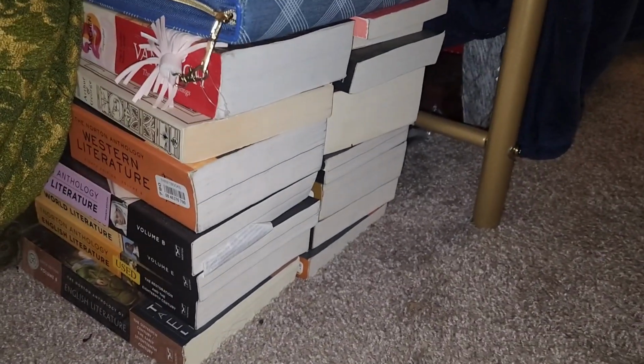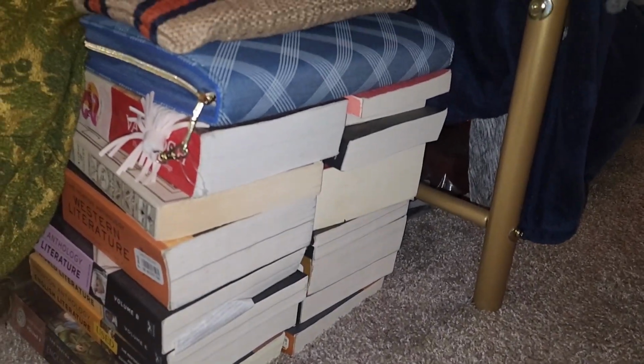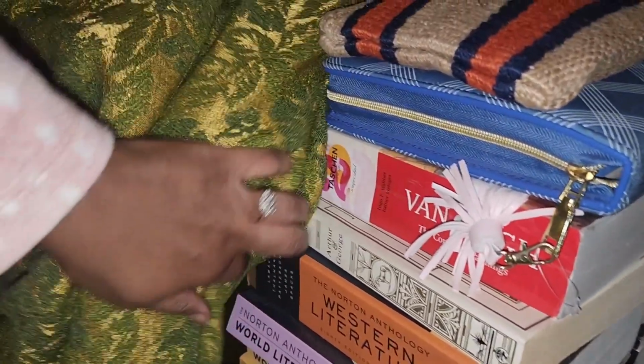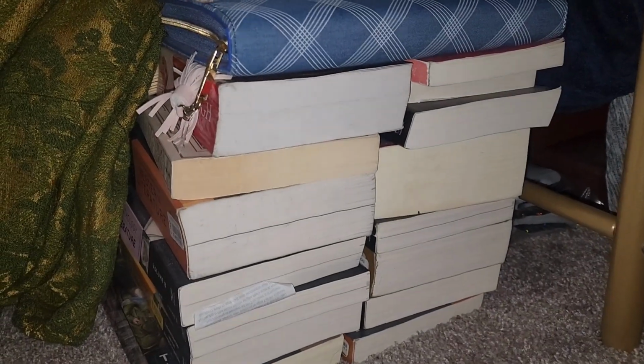So being that I have so many books and not enough bookshelf space to store them, I have to come up with clever options. So here at the foot of my bed is a double stack of my anthologies, and this will definitely be another video, because I would love to show the anthologies that I have in my book